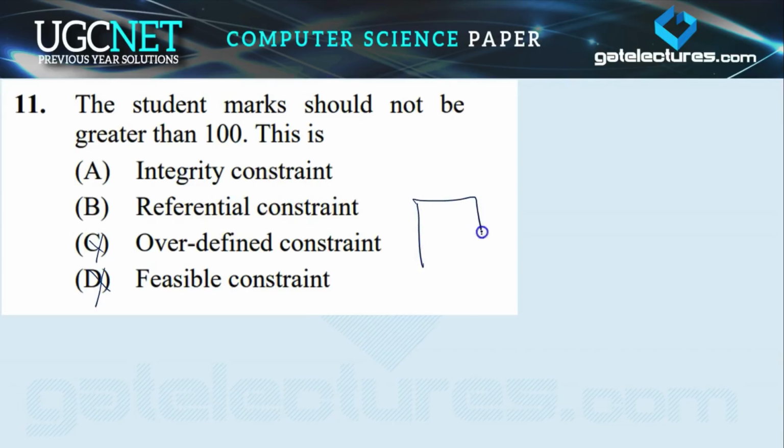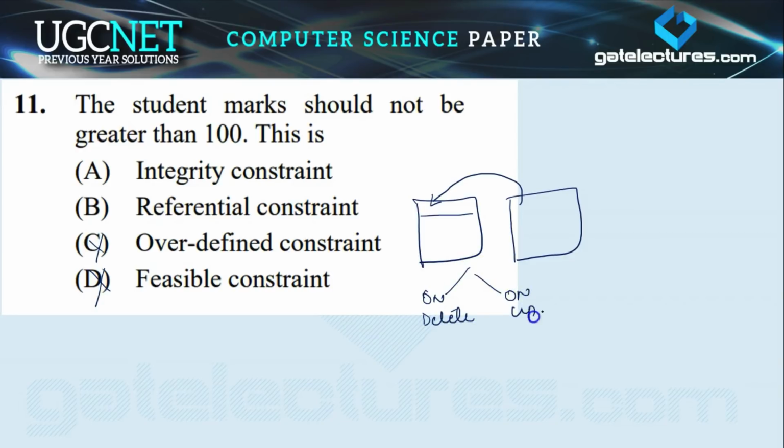Referential constraint is useful when there are two tables and a column, this is the reference column and it is referred to this table, right? So in this type of situation, there are some triggering actions we take care of in referential constraints. The first one is on delete and there is on update. So when we delete something, we have to take care of the reference table, and when we delete or update in this table, we have to take care of this table also.